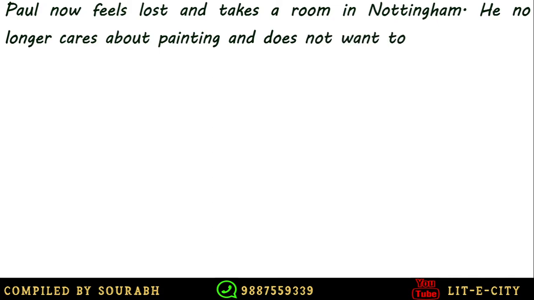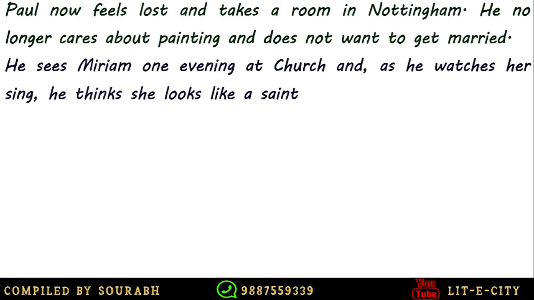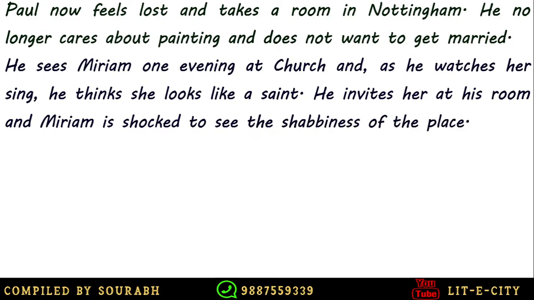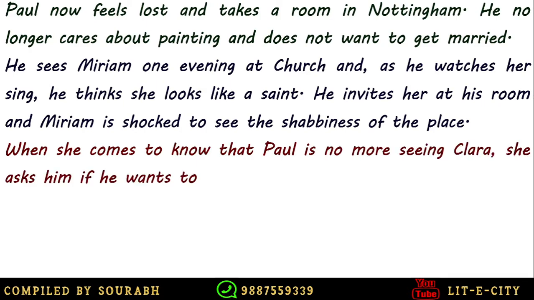Paul now feels lost and takes a room in Nottingham. He no longer cares about painting, doesn't want to get married. He sees Miriam one evening at church, and as he watches her sing, he thinks she looks like a saint. He invites her to his room. Miriam is shocked to see the shabbiness of the place. When she comes to know that Paul is no more seeing Clara, she asks him if he wants to marry her,